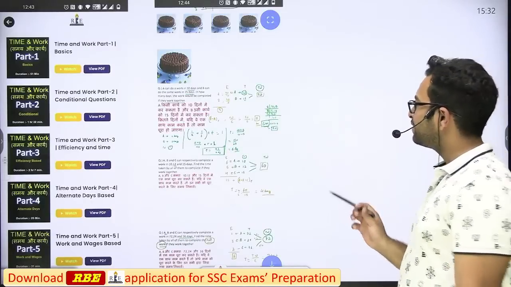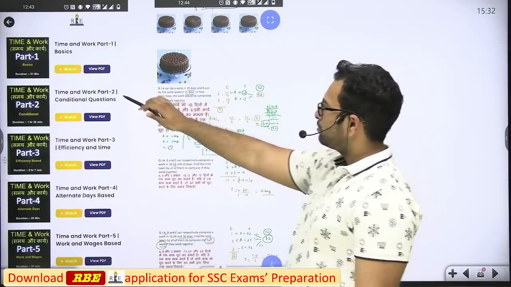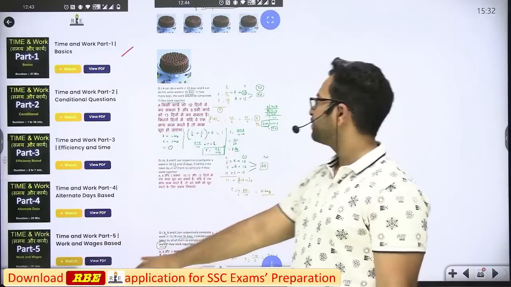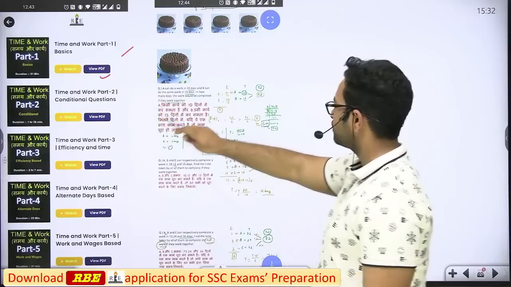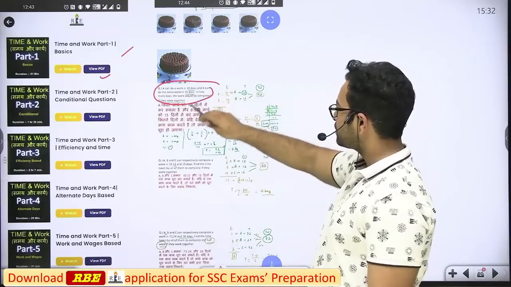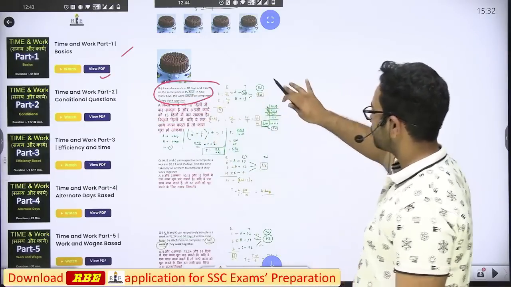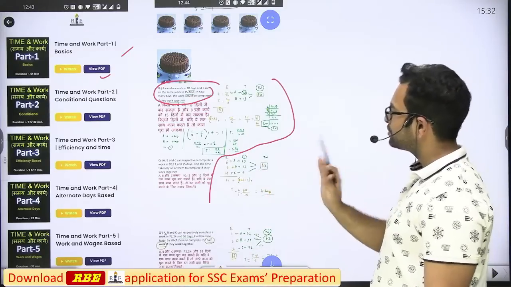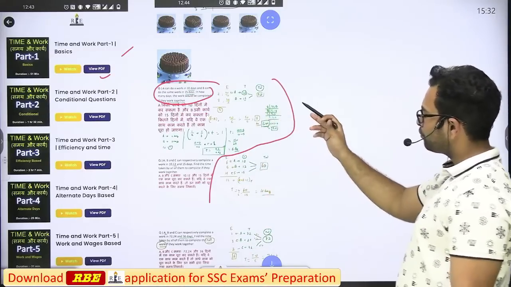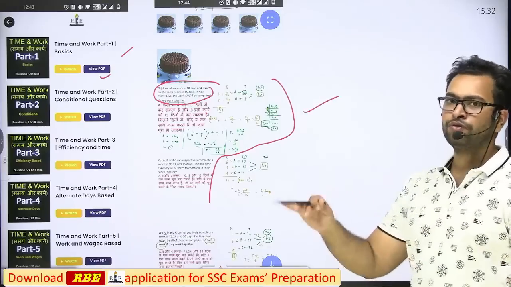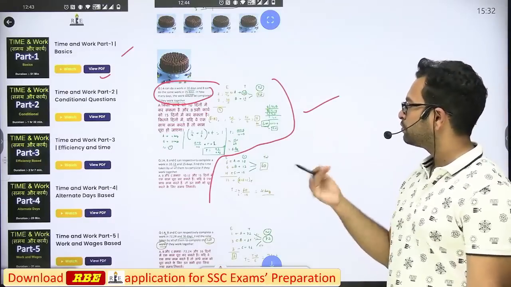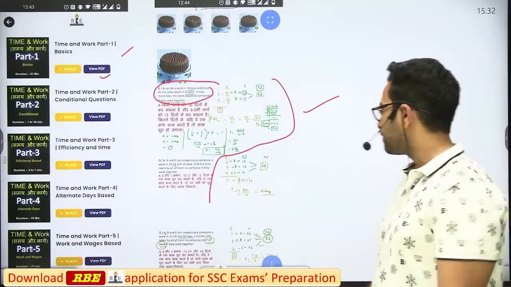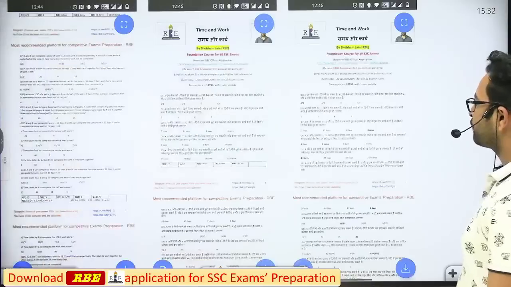Okay, for each session, like this is a time and work chapter, I have covered it. I have mentioned what I will be teaching in that chapter. You will click on the view PDF section. You will get the question in English and Hindi, and you will get the solution. And I think whether you are Hindi medium or English medium, even if you don't understand Hindi, you will be able to find all the relevant solutions. You will be able to understand all the solutions from the PDF. Okay, you can also use a good book for this purpose, but relevant content you will get from here.